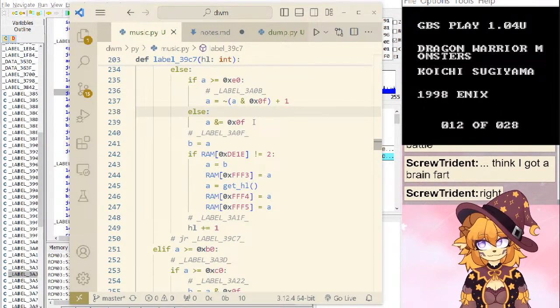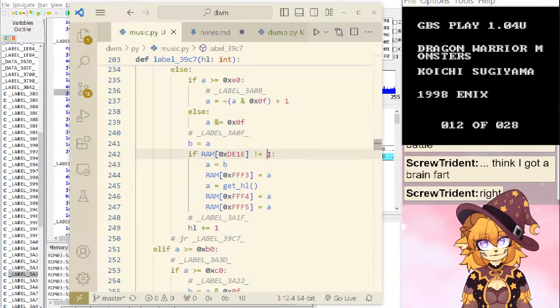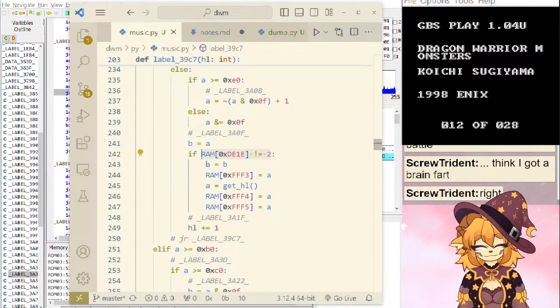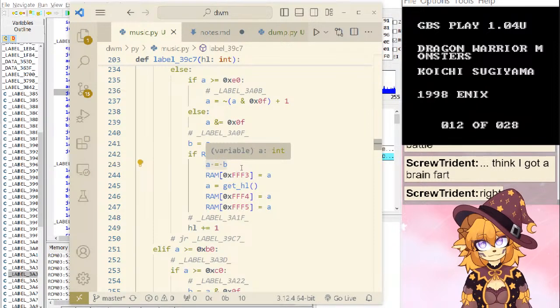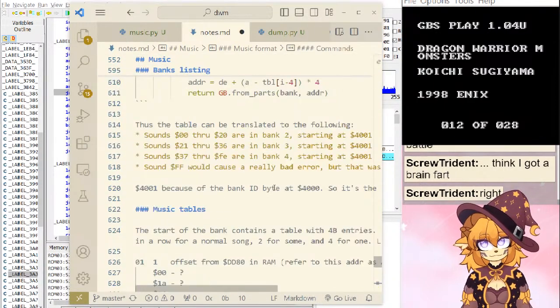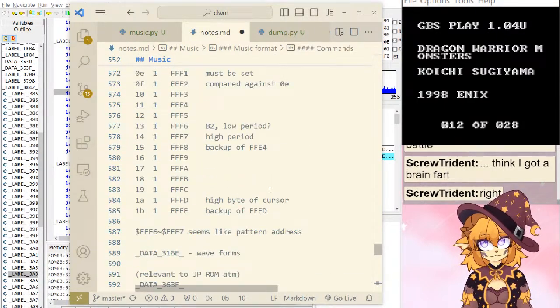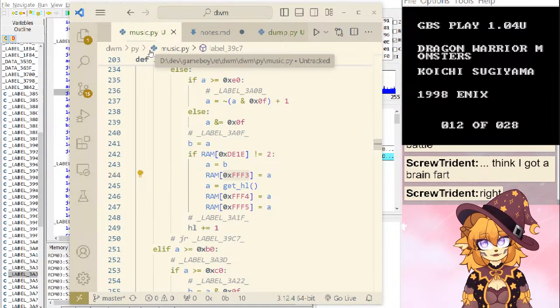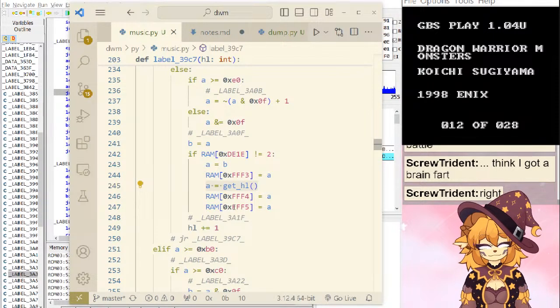So DX and EX. But what we're doing with it, I don't know. So non-sample channels, we put that into FFF3 directly. Do we know what that does? No. And then we get the argument and put that into FFF4 and FFF5. And that's it.